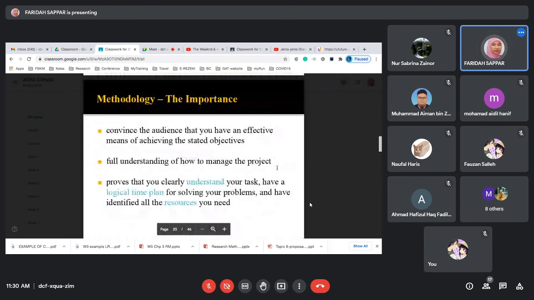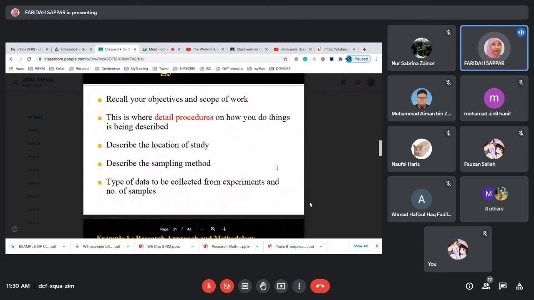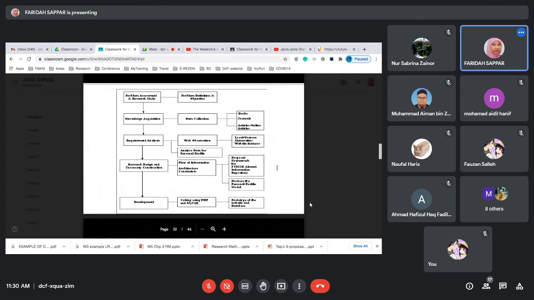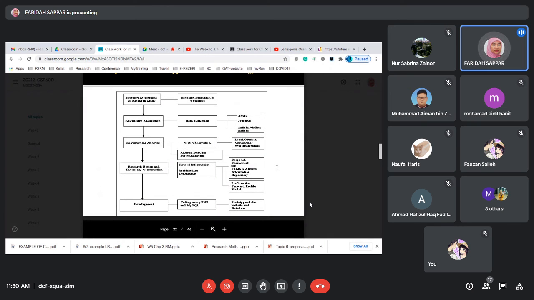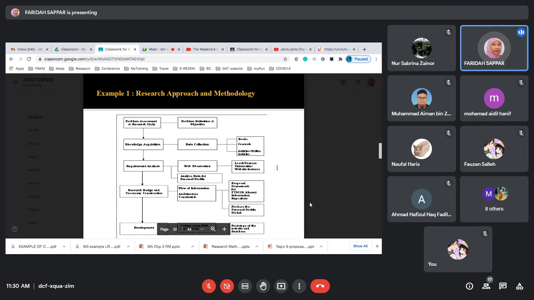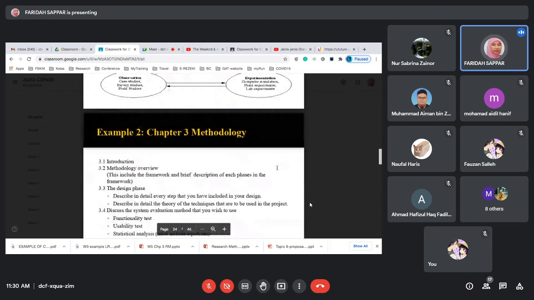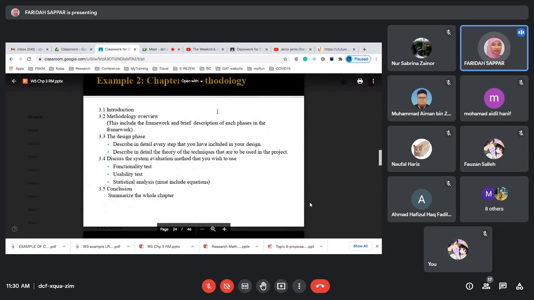Nanti saya share. Right, content, detail, okay, location, metadata content. This is supposed to be some of the example, research approach dan methodology. Nanti you boleh tengok. So you boleh follow yang mana you nak ikut kan. Dia punya chapter 3 supposed to be the content, so skip. Kalau kita untuk network kita tak ada usability testing tu kan, okay, you akan buat on the analysis part untuk network punya performance tu, dia punya testing dia will be different. Kalau functionality testing